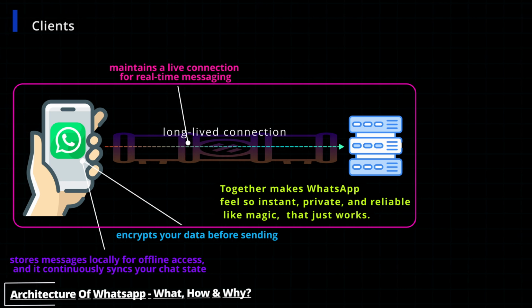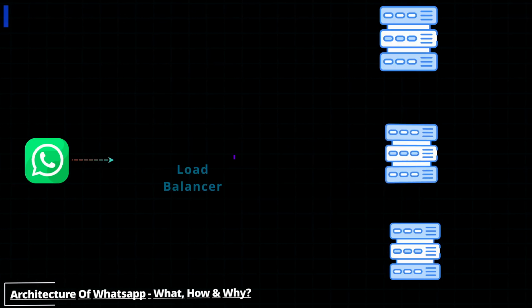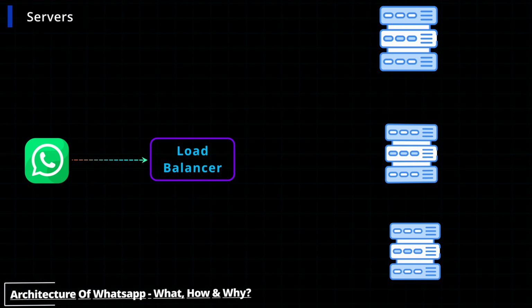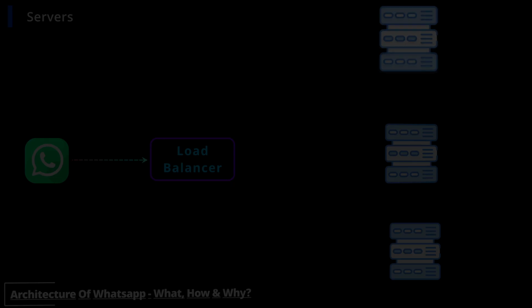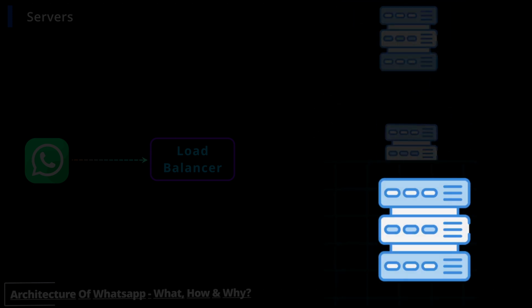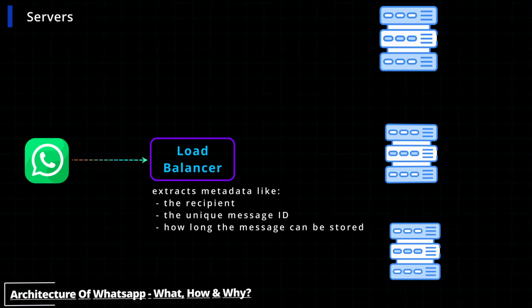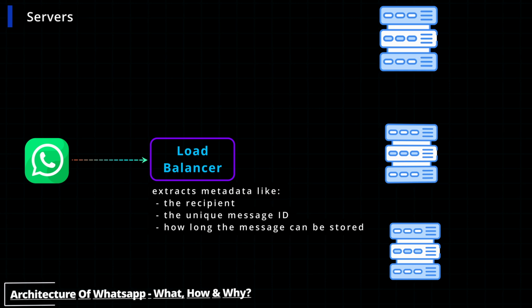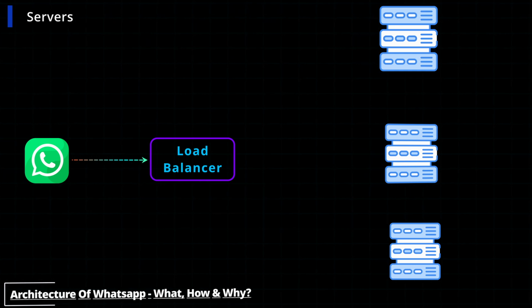Now, let's see what happens when your message enters the WhatsApp servers. But before it actually reaches the server, it first reaches a load balancer. This component decides which server should handle your message to keep the system balanced and responsive. Also, the load balancer extracts essential metadata from the message, like the recipient, the unique message ID, and how long the message can be stored if the recipient is offline. And the most important thing is that it never looks at the actual message content, so your chat always remains private. Using this metadata, the load balancer routes the message to the appropriate server responsible for the friend's account